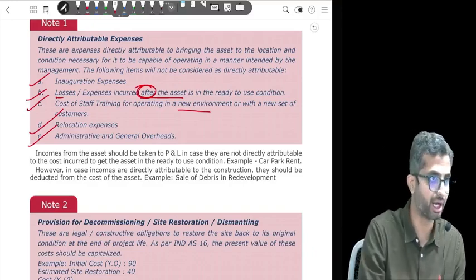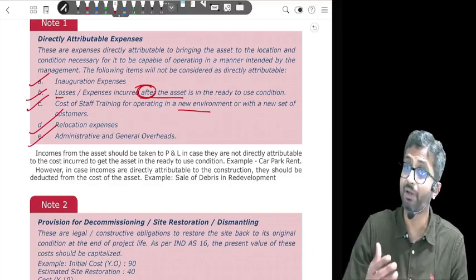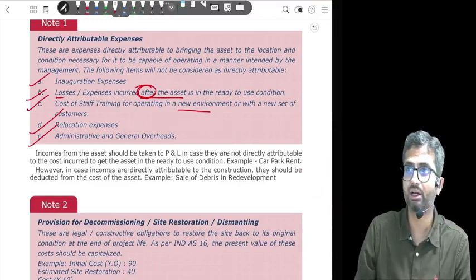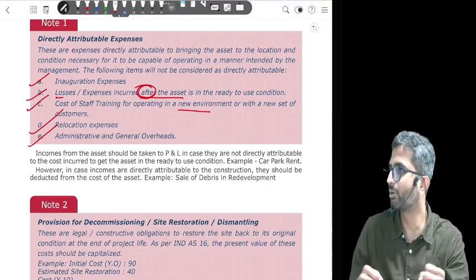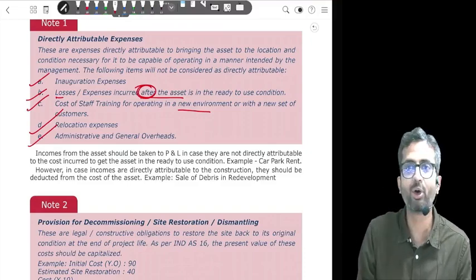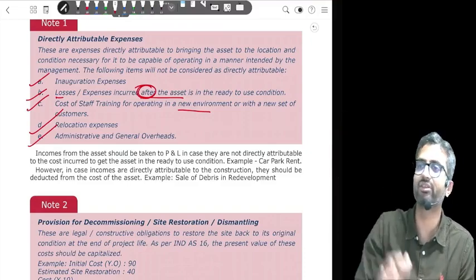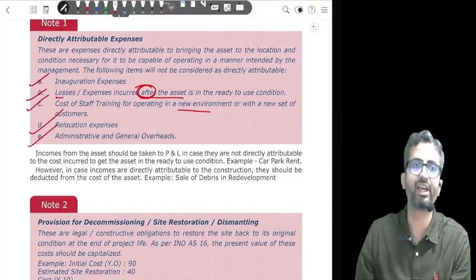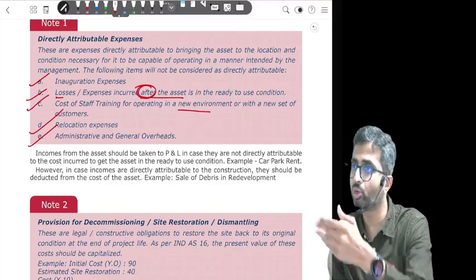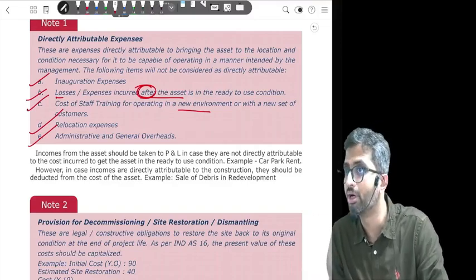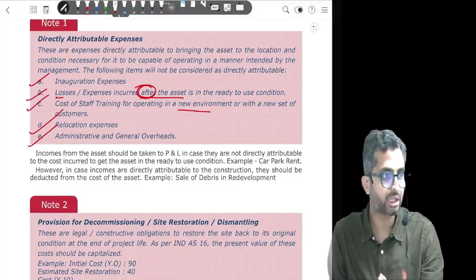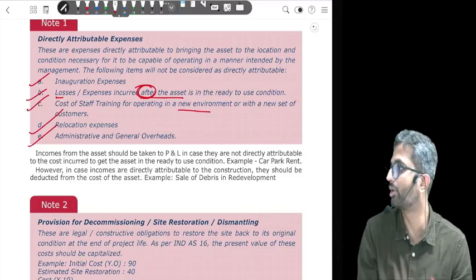Yes? Okay. On the other hand, for example, let us say I am constructing a building, and if you watch movies, you will see that most of the time the fight sequences are in an under-construction building. The villain is almost always over there. Right? So over here, Rohit Shetty is passing by. He says, okay, this is a building in very bad shape. It's an ideal site for my movie shoot. He comes to you and says that I want the site for 2 months. You give it for 2 months and you earn some rental income. Is that directly attributable to any cost of construction? So is it to be taken to the P&L or should it reduce the cost?